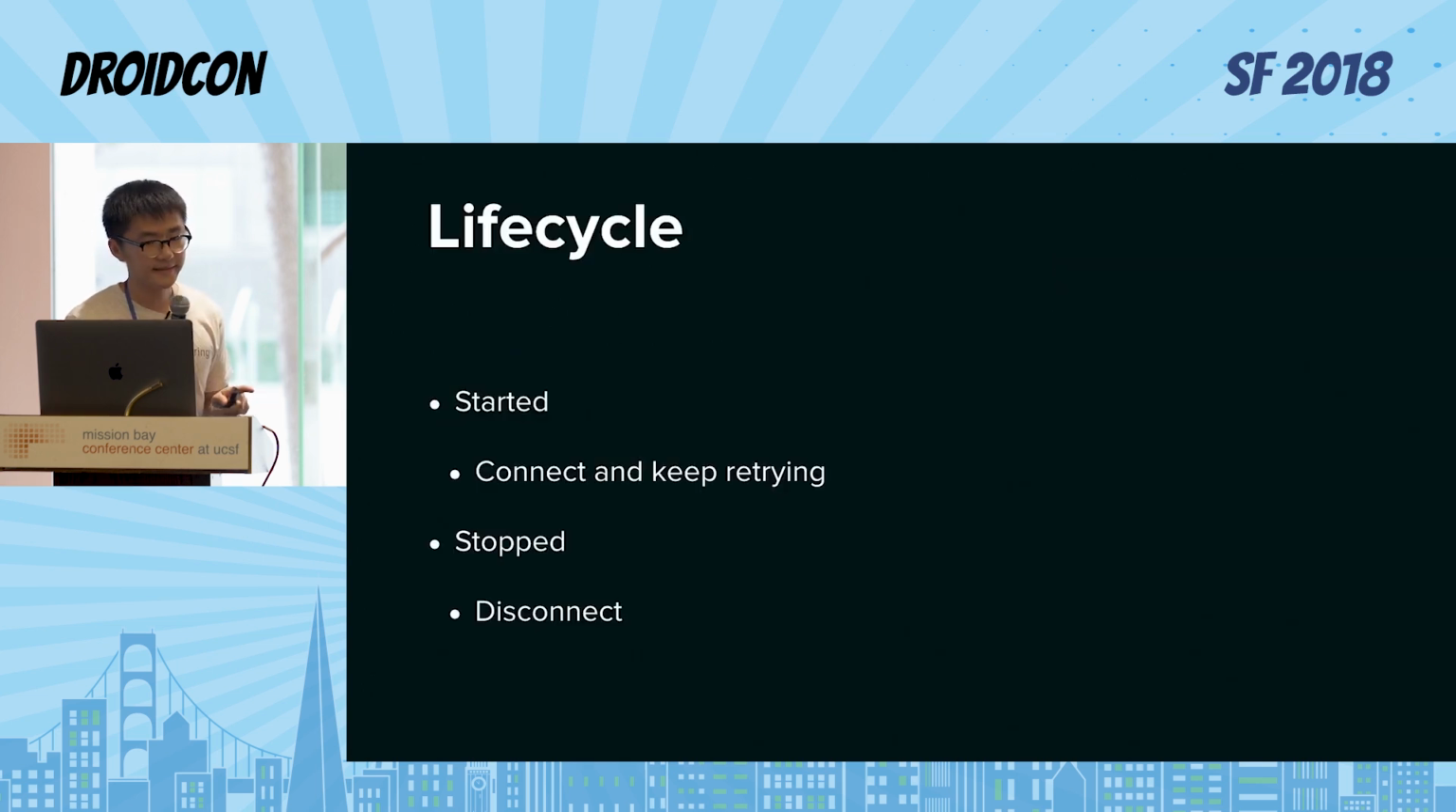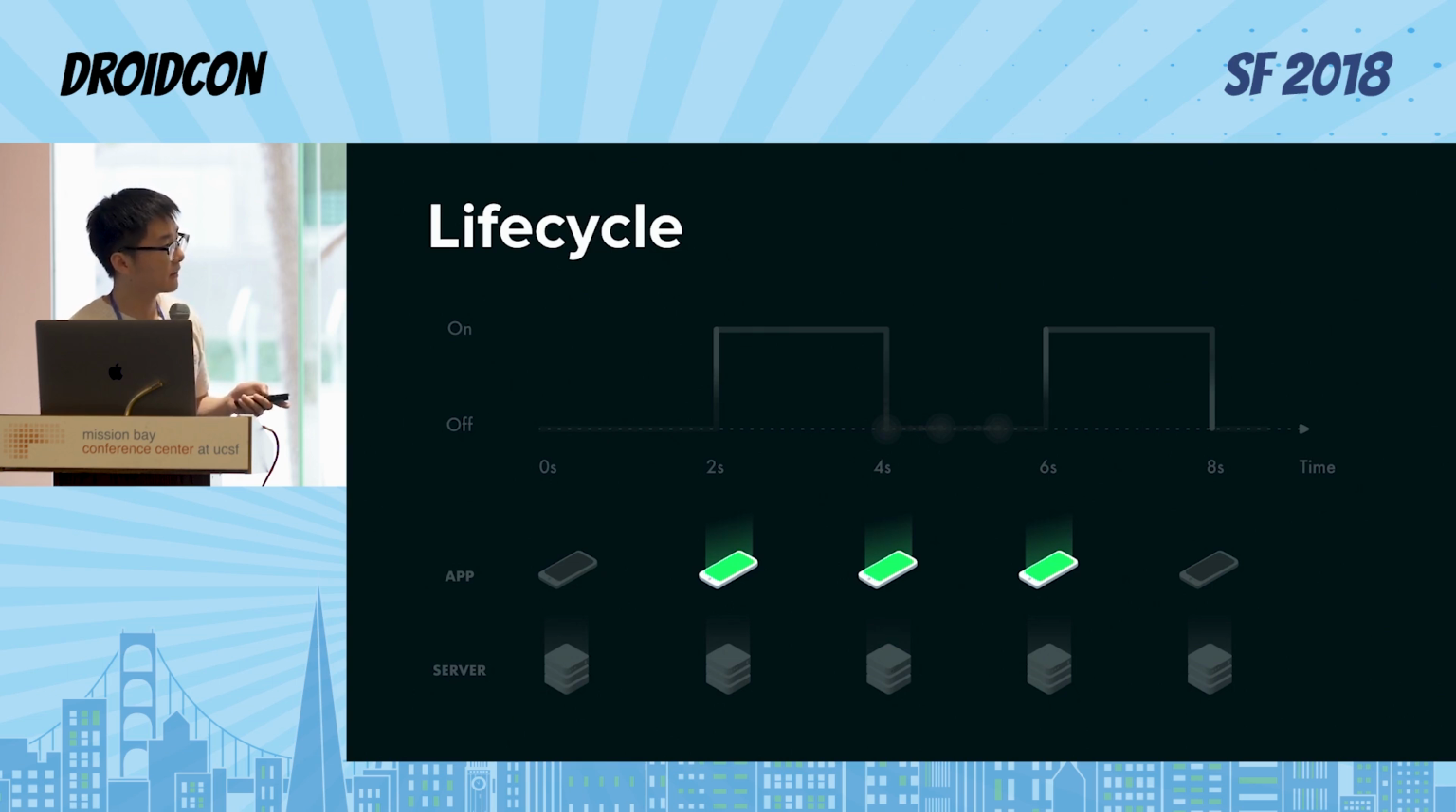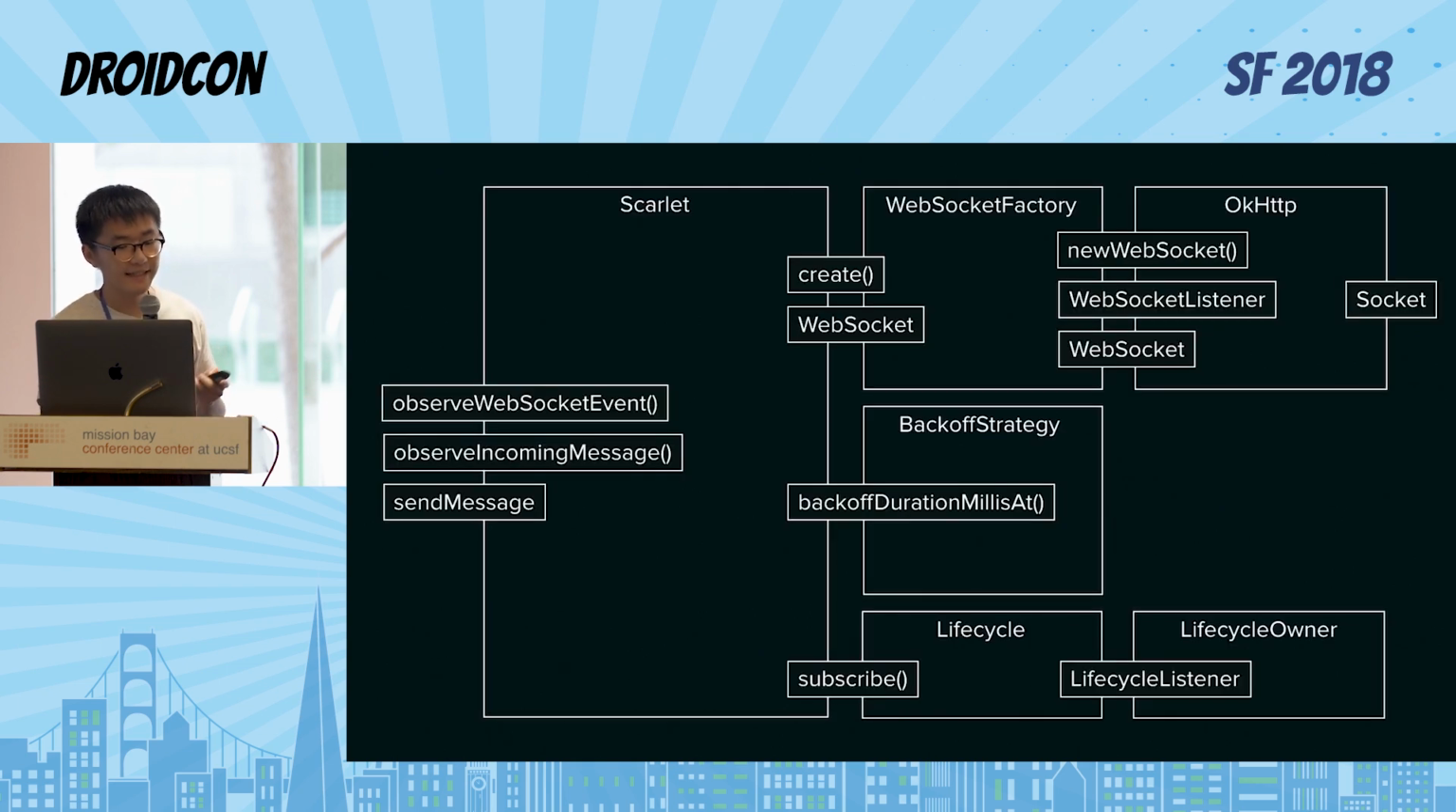A lifecycle in Scarlet has two states. It has the same name as the one in Android architecture components, but they are different. A lifecycle tells Scarlet when to connect and keep retrying. When the lifecycle is on and the connection failed, Scarlet will keep retrying. These plugins allow Scarlet to take over state management from you